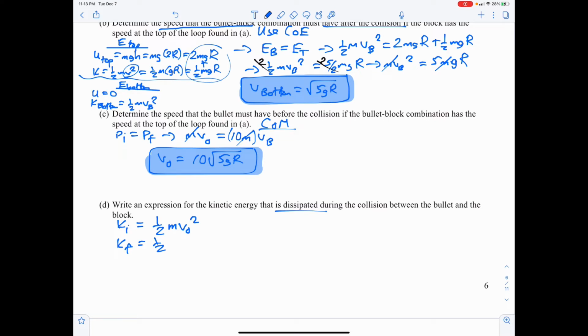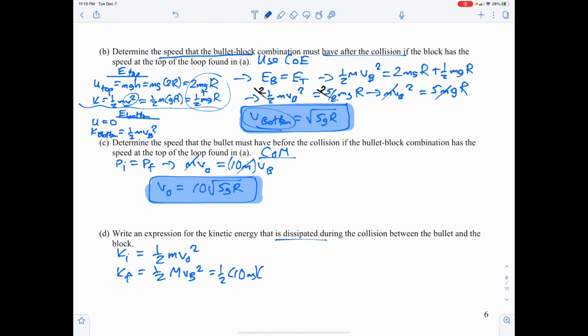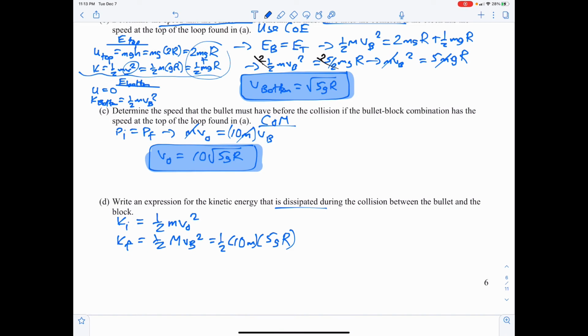Now, what the heck is the total mass? The total mass times v_b squared. Okay, which would be what? It would be 1/2 times 10m, right, times, well, what's v_b squared? Well, if v_b is the square root of 5gr, that means v_b squared is just 5gr. Okay, so we can go ahead and